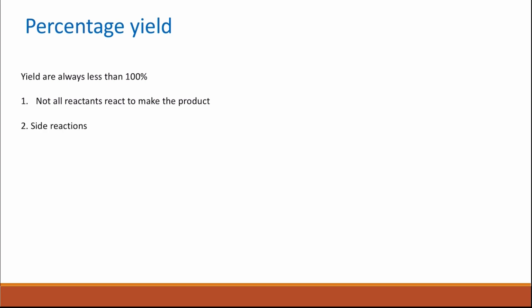Another thing is the possibility of having some side reactions. So you get other products other than the ones you are expecting from the reaction. The third reason is that during your workup, when you try to get your product in a pure form at the end to measure its mass, then some of that product may be